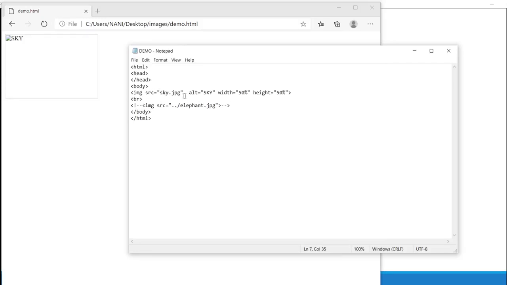What is the tag that is used for image? img. Where are we getting the image? Source equals what I wrote? sky.jpg. Here I don't have the sky image. Then what is it displaying? Alternatively, I have written some text, that is sky, with height and width percentage 50-50.